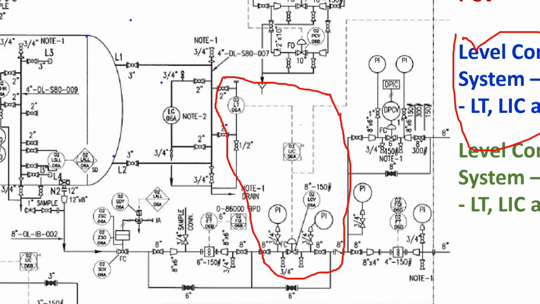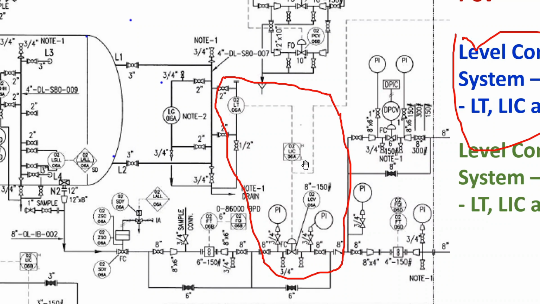I have previously made a video. If you didn't watch that one, how to sense level or level measuring instruments, you have to see that video now. From this same tapping, there is an LT. Look at the LT. This is a field instrument. The LT converts the signal to 4 to 20 milliamps